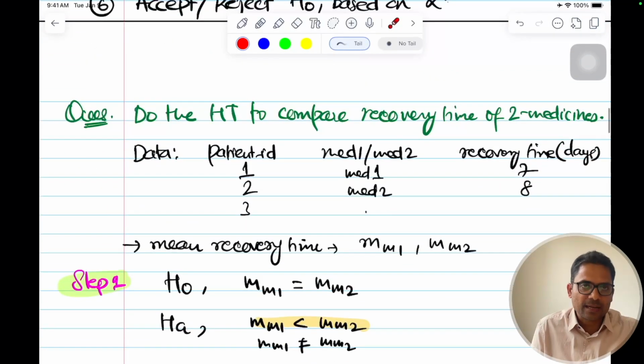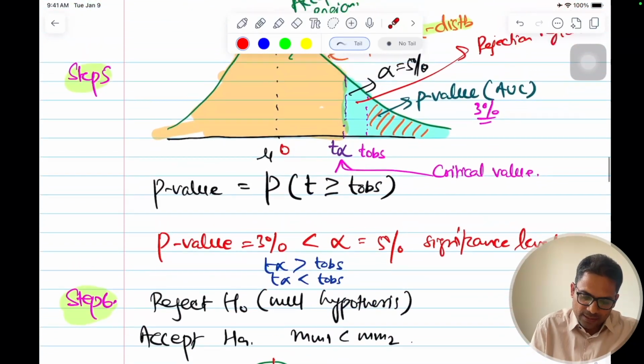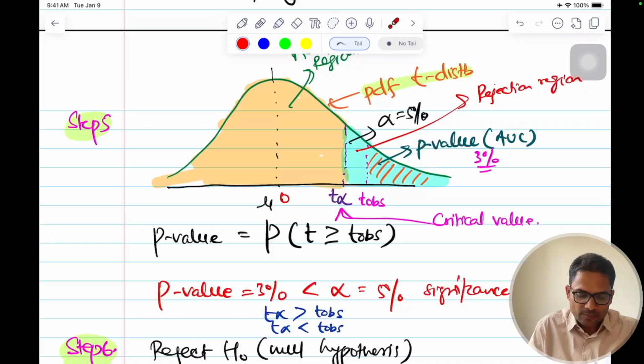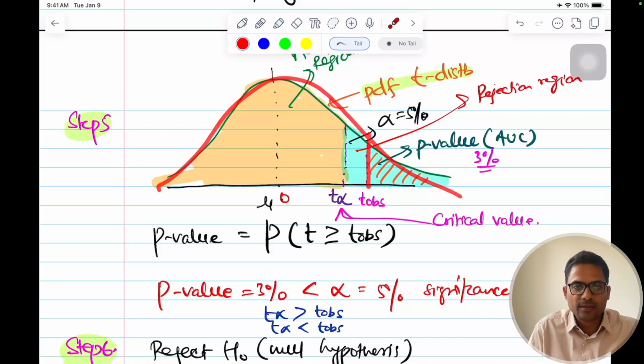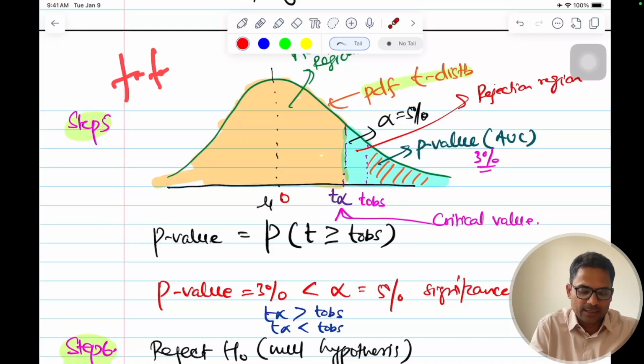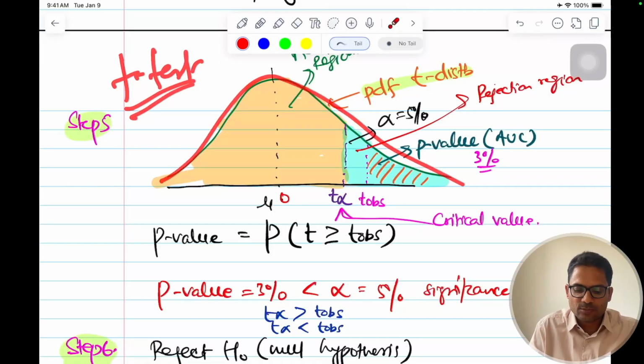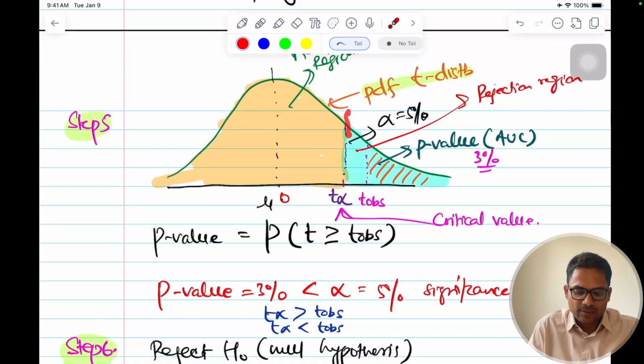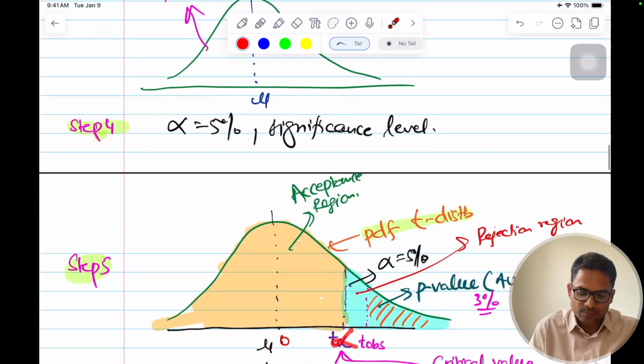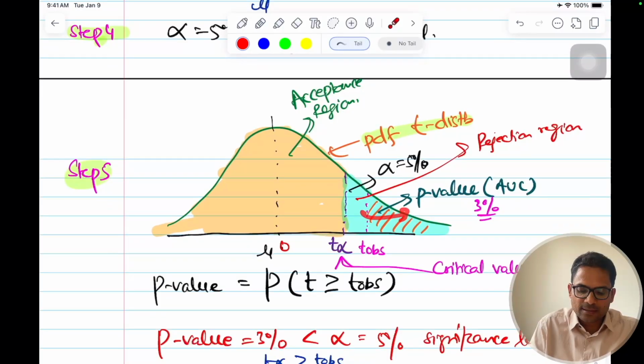And then using an example, we understood this. So this was the graph that sums it up. Say for example, this is your t distribution. We took a t test, and the underlying distribution is a t distribution. The PDF is here, and we said that this is a critical value, and if t observed is greater than t alpha in this case, then you will reject the null hypothesis, because the p-value, the area under the curve after the